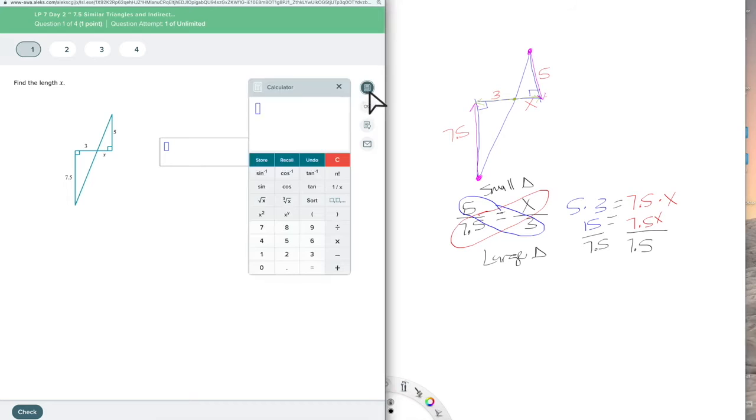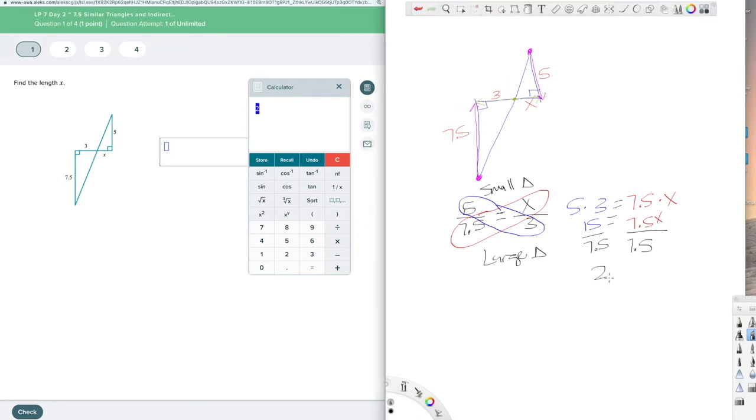So we'll go ahead and put this in the calculator just to make sure I'm not losing my mind. Yay! 15 divided by 7.5 is 2. So x is 2. And that compares to the same ratio, 2 to 3 is the same ratio that 5 and 7.5 are. So they're kind of the same difference or same multiplier there. I know that sounds funny, but